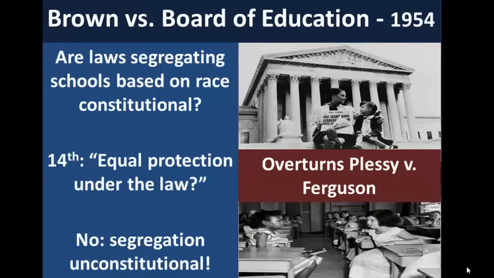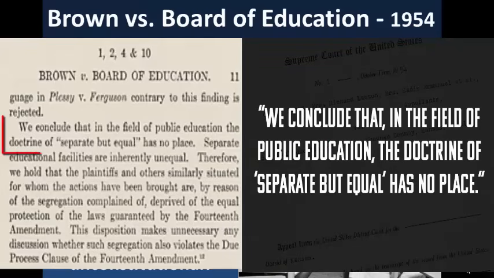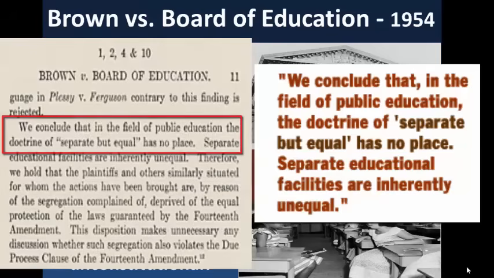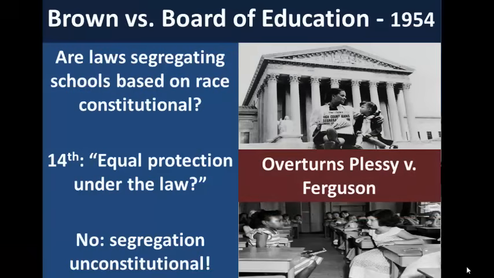The Supreme Court voted in a unanimous decision that segregating schools based on race was wrong and a violation of the 14th Amendment's promise to provide equal protection under the law. In the opinion, and an opinion is what the Supreme Court writes to explain their decision, Chief Justice Earl Warren wrote that the precedent of separate but equal established by Plessy versus Ferguson had no place in public education. That simply by separating based on race, these laws created an unequal situation. Therefore, Brown versus the Board of Education overturned Plessy versus Ferguson and opened the door to challenge segregation throughout the